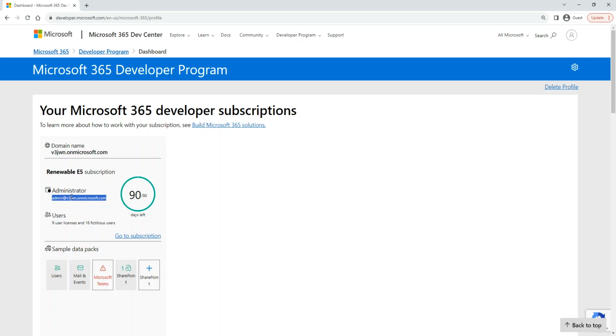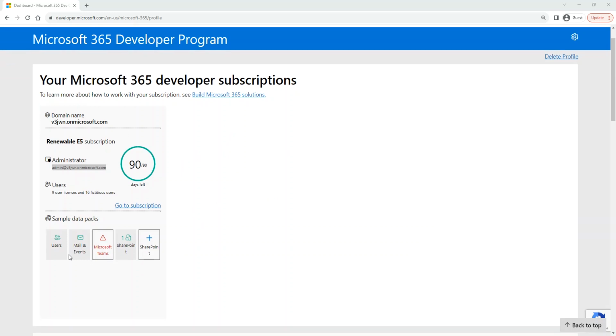When I say go log into your Office 365, it means we're gonna be using this account. I'm going to copy this one and save it in some notepad. I already have the password from earlier, which I'm not gonna disclose.